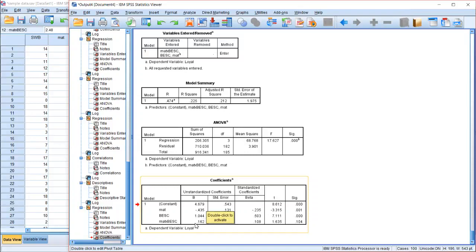And mat times BESC plus an interaction score. So 0.162 times my materialism score of 7 times my BESC score of 2, and if you multiply all that out, that'll give you some number. So if you add all those up, 4.679 plus minus 0.435 times 7 plus 1.044 times 2 plus 0.162 times 7 times 2, and you add those numbers all up, and it sounds like a lot, but keep in mind,